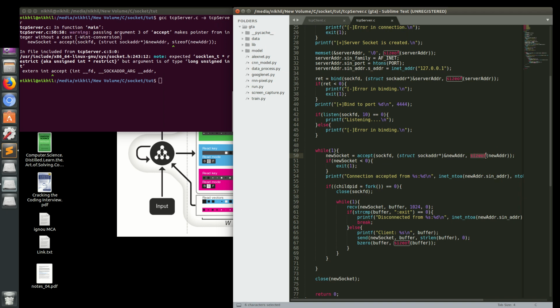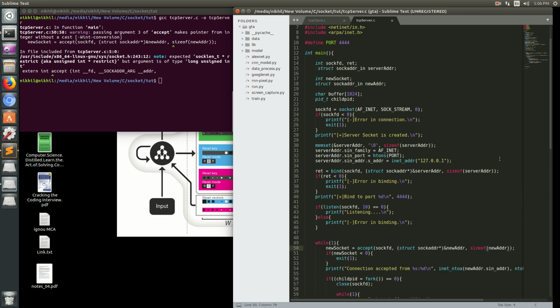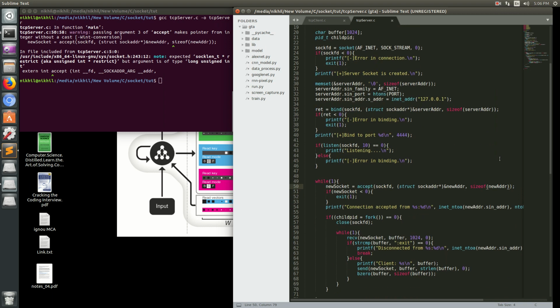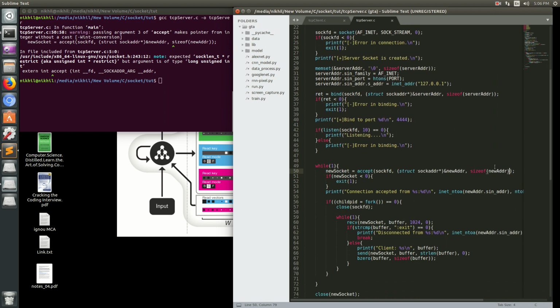And the problem is with this size. I think I just made some mistake in this code, and here at last you can see some of the notes which is basically causing the error. This warning causes the error, and that's why it shows the note. Let me just pause this video. So the error here, I think